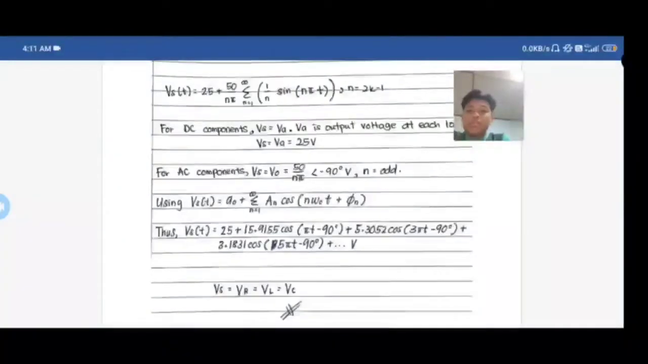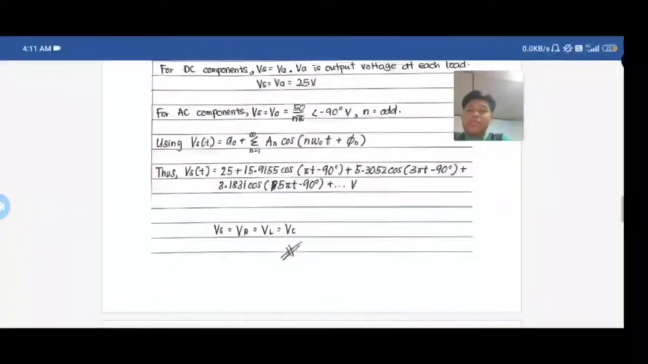So for the AC components, Vs is equal to Vo, V0 equal to 550 over n, 2k minus 1 pi, less than negative 90 degree volt. So when it's negative 90 degree volt, the n is odd. So here we are using the formula for V across time. After we plug in the value, we'll get the answer, 25 plus